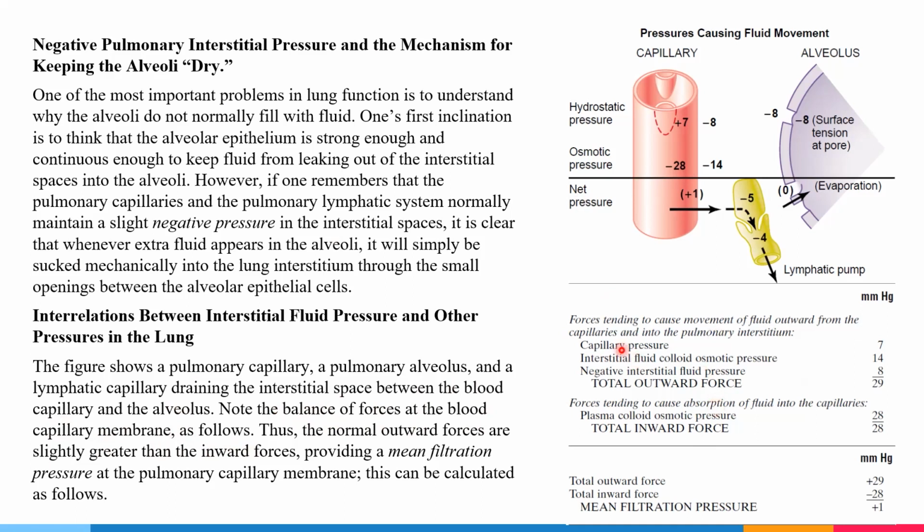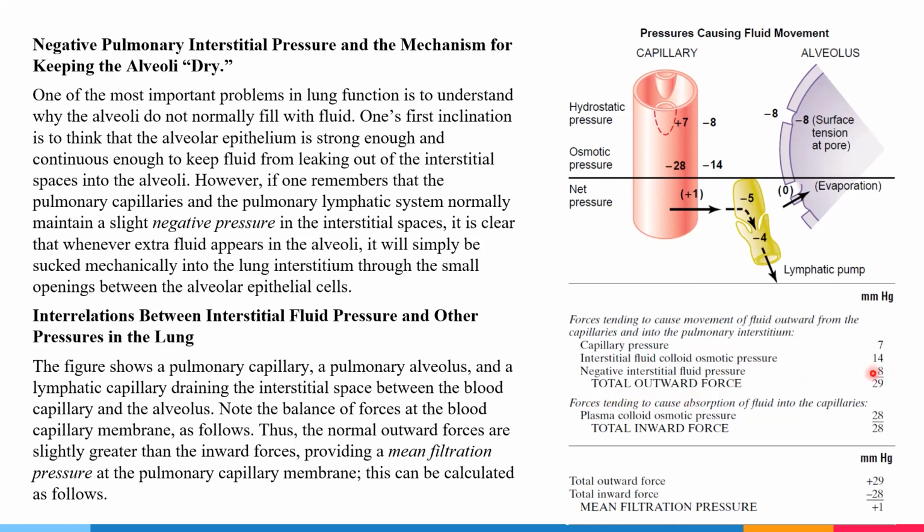So first, we look into forces tending to cause movement of fluid outward from the capillaries into the pulmonary interstitium. These forces include the capillary pressure, the interstitial fluid colloid osmotic pressure, and the negative interstitial fluid pressure, which individually gives us the total outward force on the blood inside the capillary as 29 millimeters